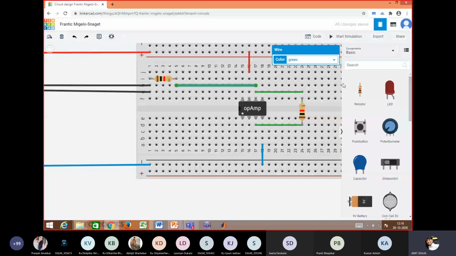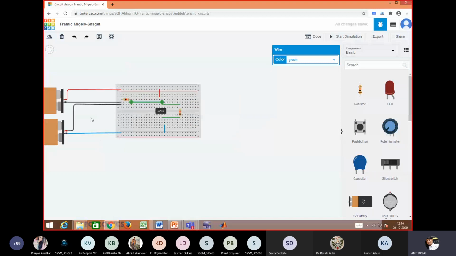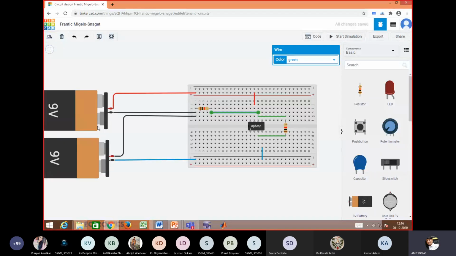So can you repeat the value of VSAT? VSAT, we will approximate by the battery supply. So this 9 volt plus minus 9 volt is the VSAT. Plus 9 volt is positive and minus 9 volt is negative. It will be near to that. It may be 8 point something, but while calculating, we'll directly use the power supply we applied, that is the VSAT value. In actual, it will be slightly less than that. So 9 volt. And what is the resistance value that you know? This resistance is 1K and this is also 1K.